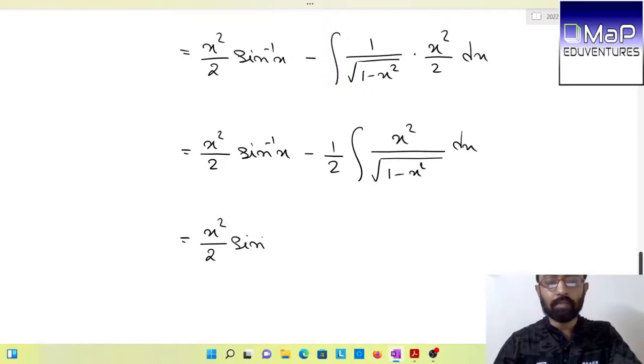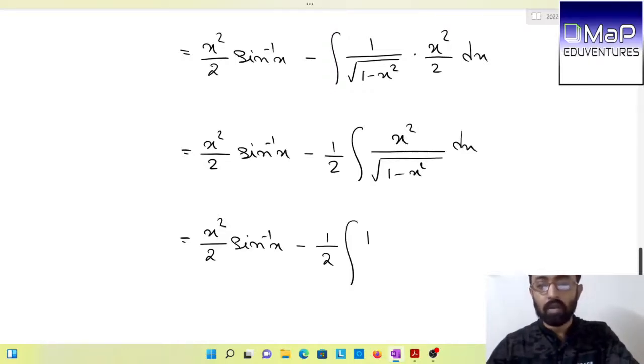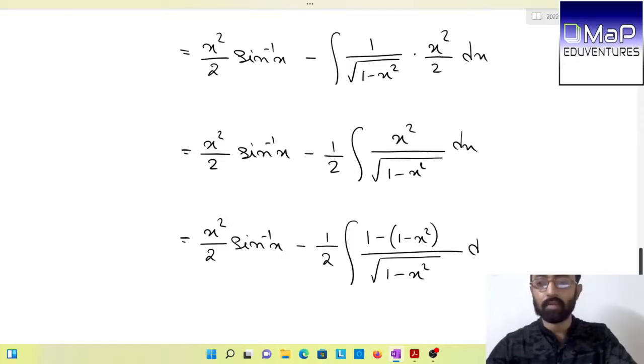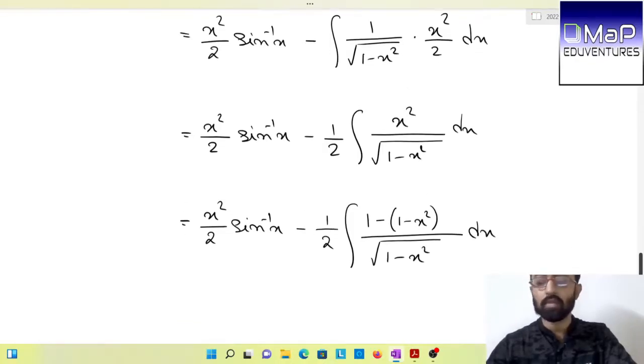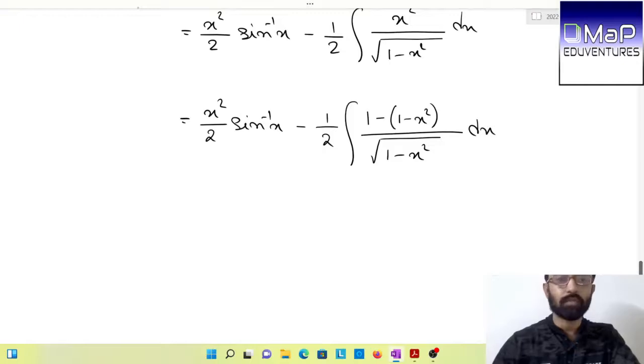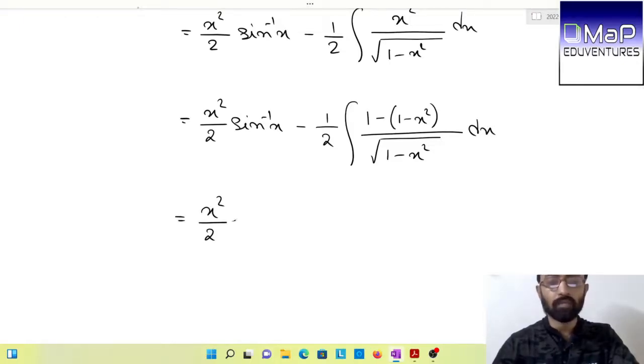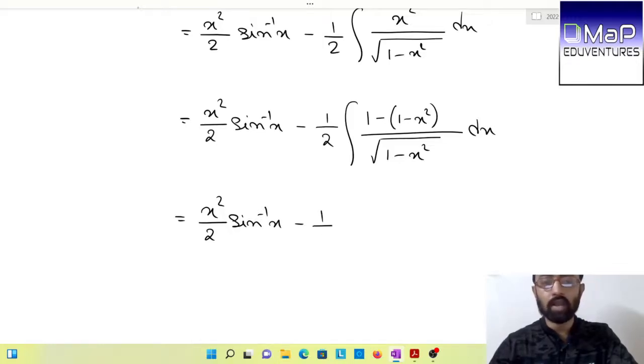In the second part, now use this form: 1 minus x square divided by 1 minus x square. Okay. So why do we use this form? Now you will know. So x square by 2 sin inverse x minus half